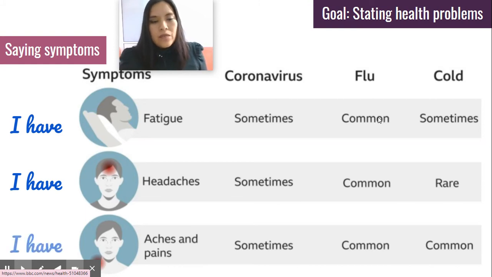And finally, we have aches. I have aches and pains, or I have a backache, a toothache, earache, headache, and many more aches. Okay, so the more specific we are, the simpler the expression is as well. So I have aches and pains, very general, or I have a headache, I have a backache, I have a toothache, much more specific.